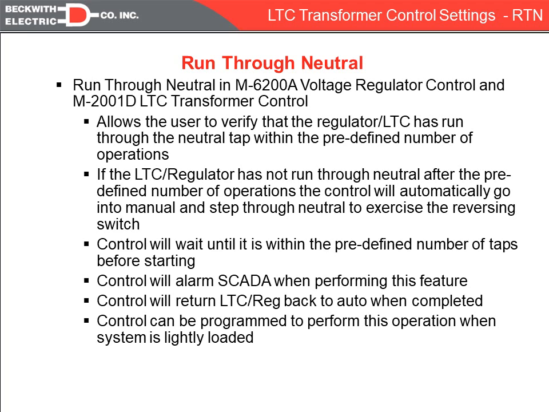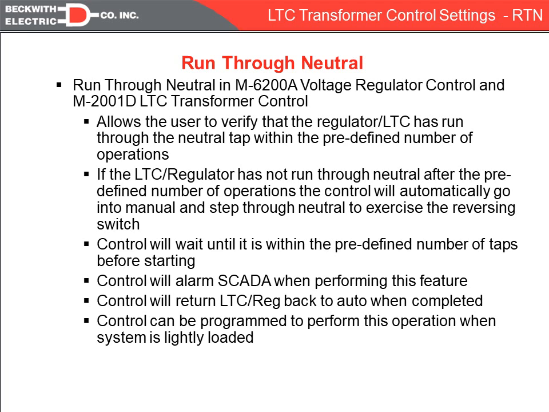But this feature still needs to see the regulator come within X number of taps of neutral. Obviously, if you're at minus 14, you probably don't want to raise the voltage 14 taps just to exercise the reversing switch. So say you put in 4 taps. What that tells the control is when I get within 4 taps of neutral, either 4 raised, 4 lower, I will automatically temporarily go into manual and I'm going to drive it 1 tap past to actually exercise the reversing